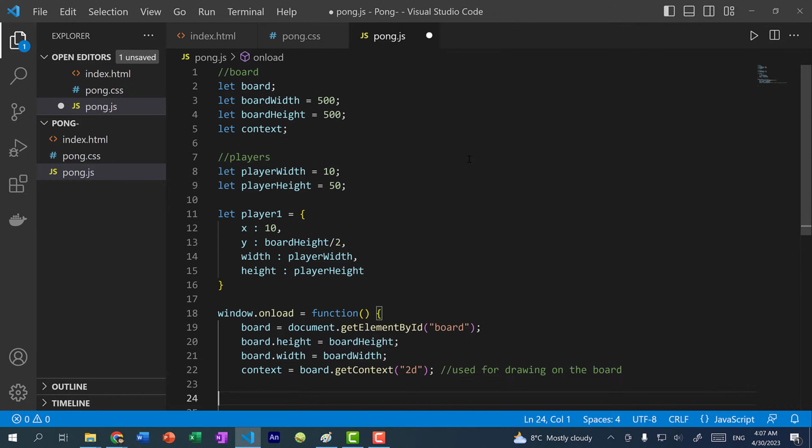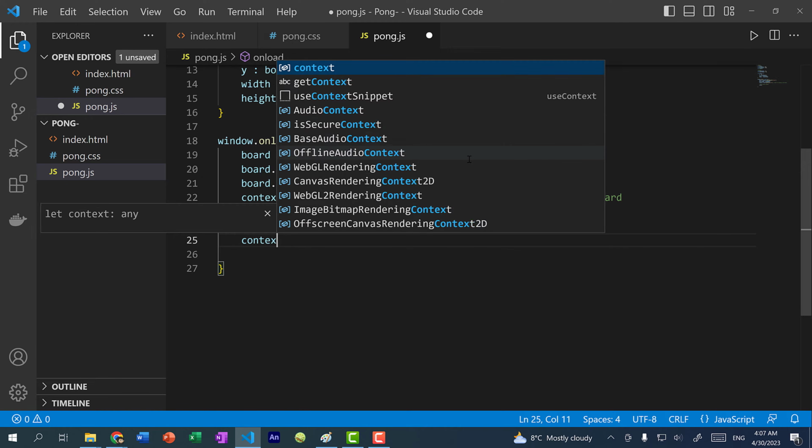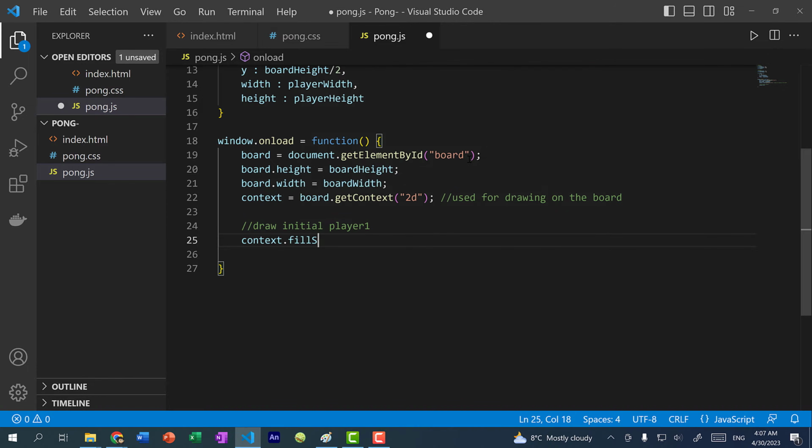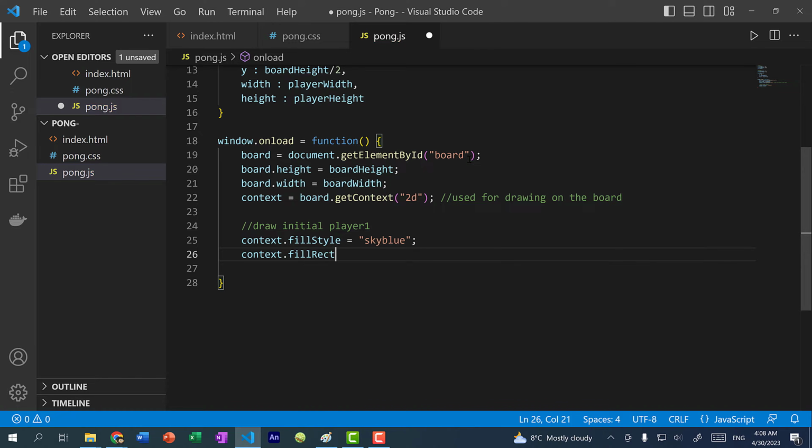Alright, now that we have the X and Y coordinates and the width and height for the player 1, let's draw the paddle onto the canvas. So here, draw initial player 1. First thing I'm going to do is set context.fillStyle, and I'm going to set it to sky blue. So this is going to change the color of the pen. And then I'm going to draw a rectangle, so context.fillRect,